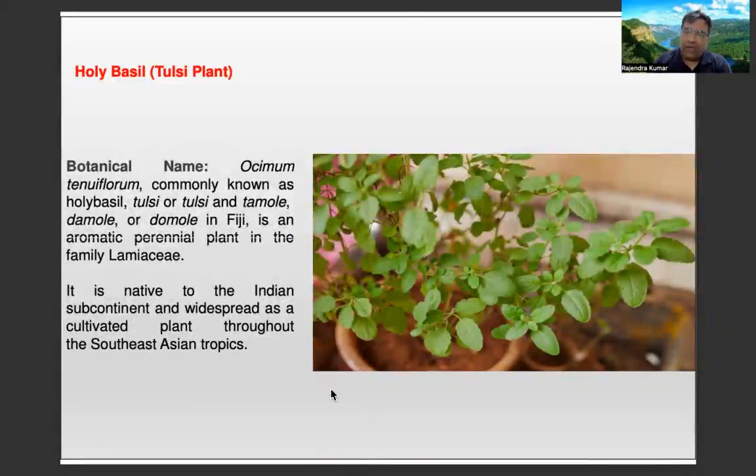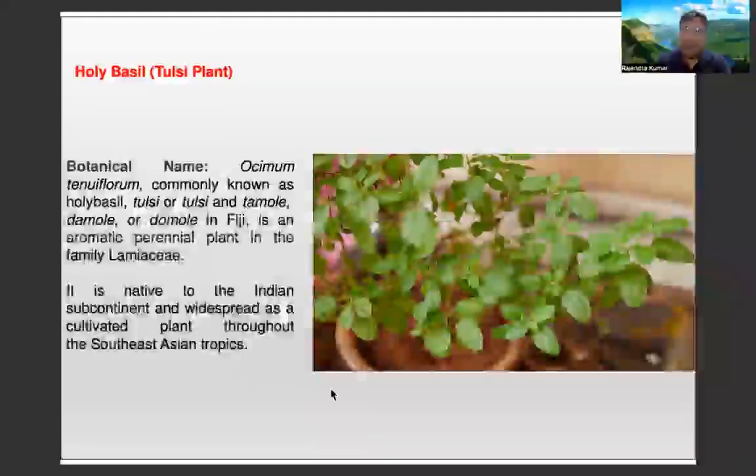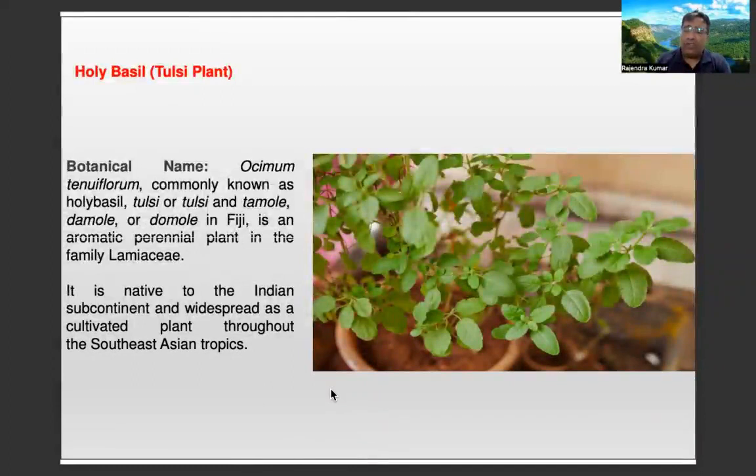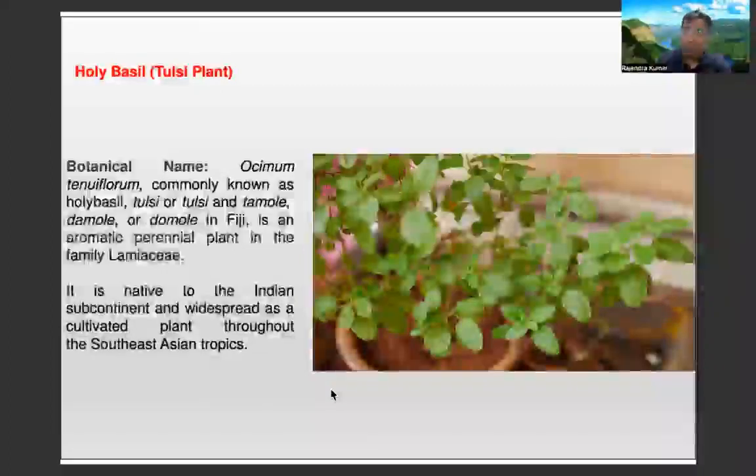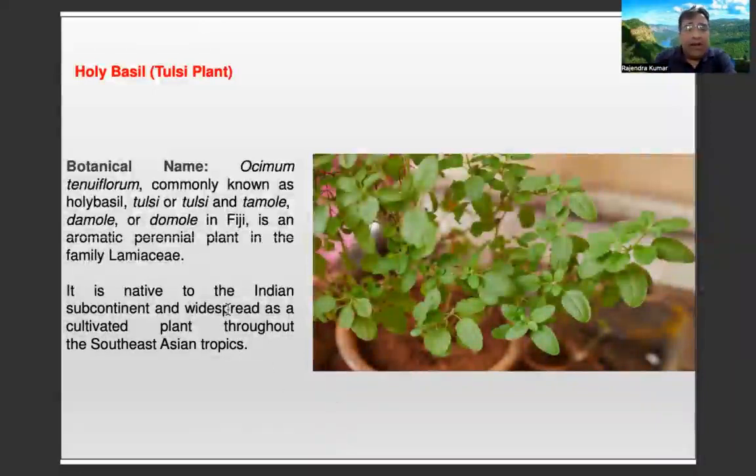Every house in India, especially in the Hindu mythology, has these kinds of plants, and there is a belief that it brings prosperity and brings the god into the house. Their botanical name is Ocimum